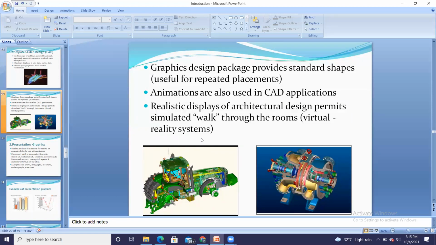Similarly here also, the architecture design with virtual reality allows you to walk through the rooms. Here you can actually feel the reality, the actual feel as that of a real thing, as you move inside that architectural plan. So that is the first application of CAD.